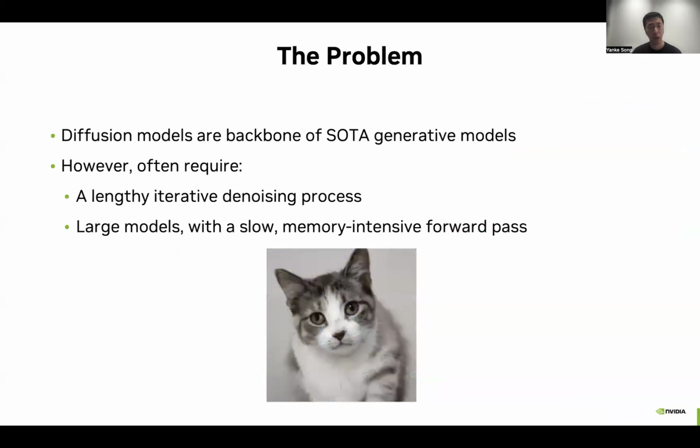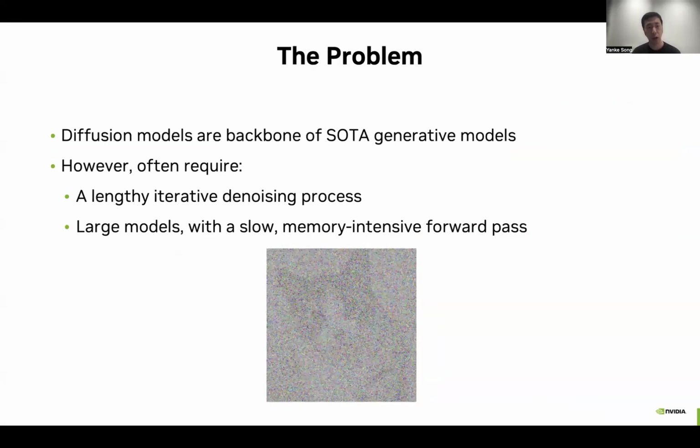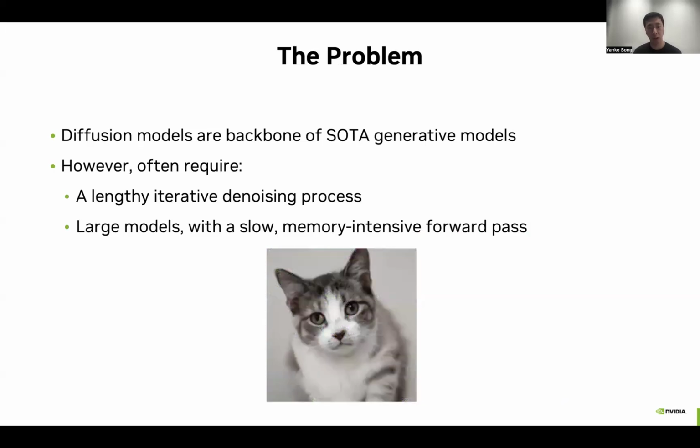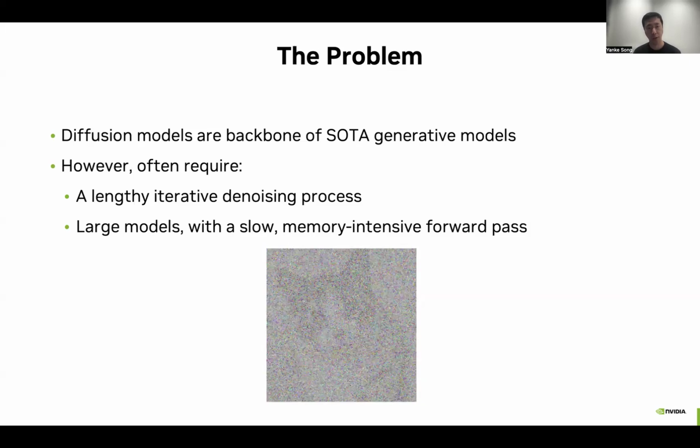Specifically, if we look at diffusion models, which are the backbone of many SOTA generative AI models, they often require a very long iterative denoising process, which can take as many as 50 steps from this visualization. And they also require a very large model as a single step forward model, and it can be quite